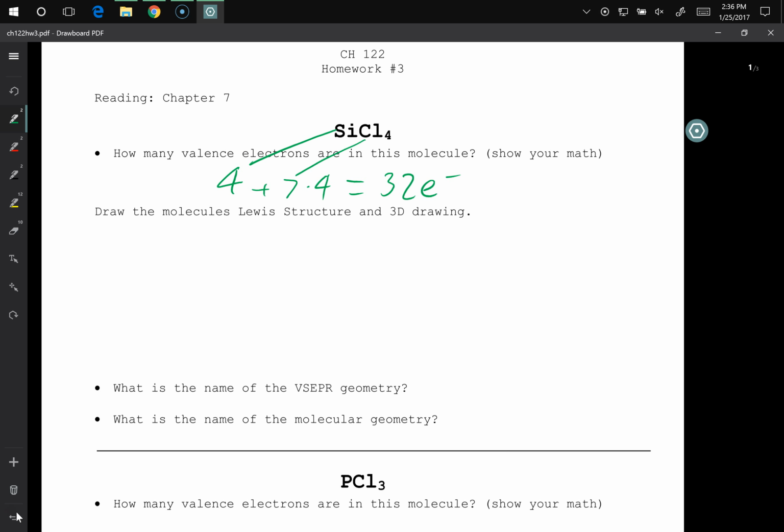Okay, what about the chlorine? But it's not helpful. It can only make 1 bond, it only needs 1 electron. So one reason is the silicon can make more bonds than the chlorine. What's the other reason? There's only 1 of them. So odd man out is going to usually lead you straight to whichever atom is going to be the central